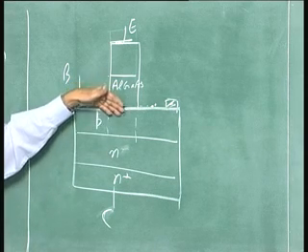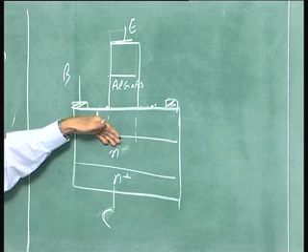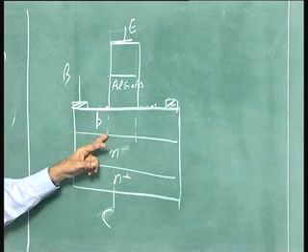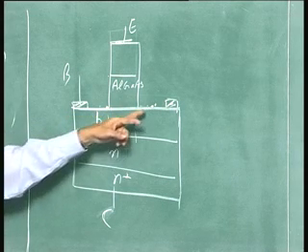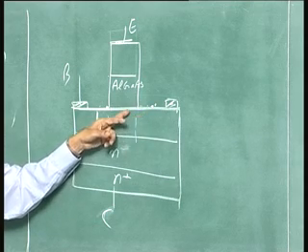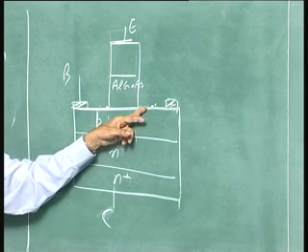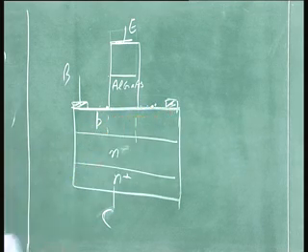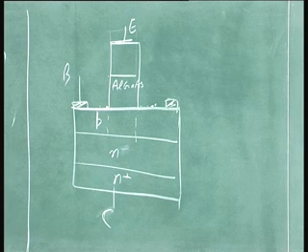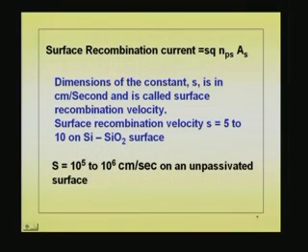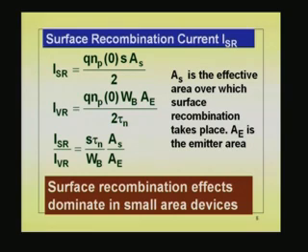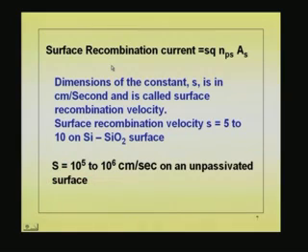Collector current will be actually I_NC. Base current will be volume recombination current plus surface recombination current, because after all, whatever electrons are lost here by recombination will be replenished from the base. Or the electrons, when they recombine, will recombine with the holes, and those holes are replenished by the base. Now, let us see the surface recombination current I_SR. This is the same equation that we have written here,